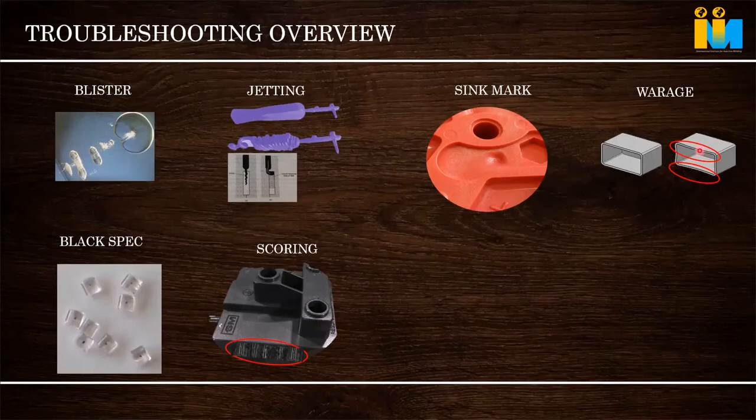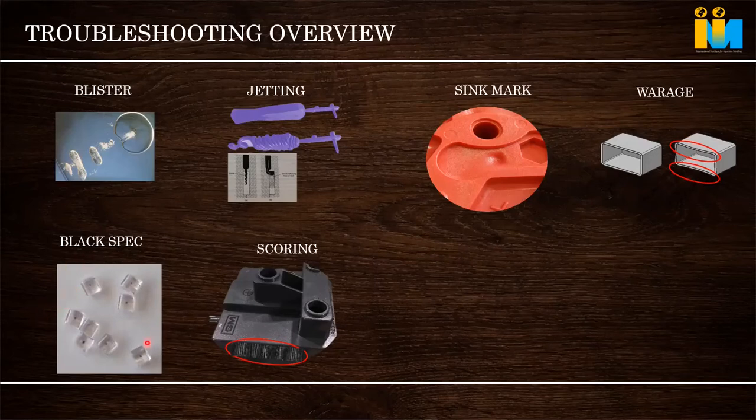The other one is warpage. Warpage we have already discussed. It is a property of semi-crystalline material, or it happens where an outer area is not supported and proper product design is not done. It tends to bend inside. In some cases it bends outside also. That is known as warpage, where the part bends while cooling.